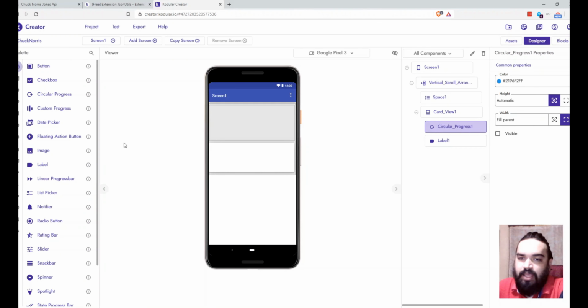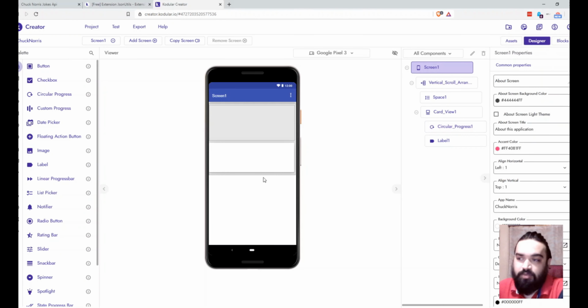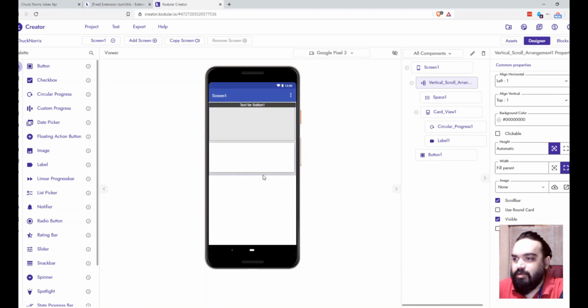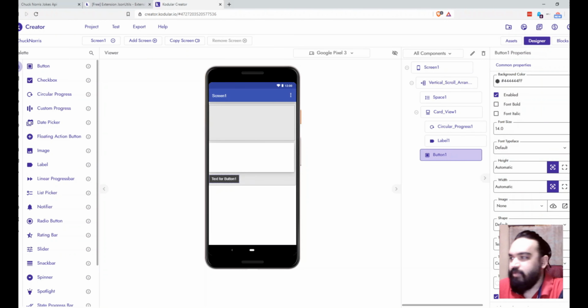and once you've done this, let me quickly hide this as well, and then we will need a share button, if you remember. So what we will do is let's quickly go grab a button here, put it inside the scroll block that we have, and same here, width is to fill the parent, and then font size, let me just make it 18, and everything else can remain the same.